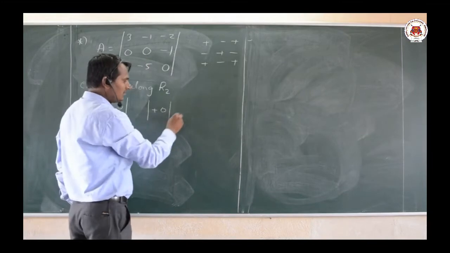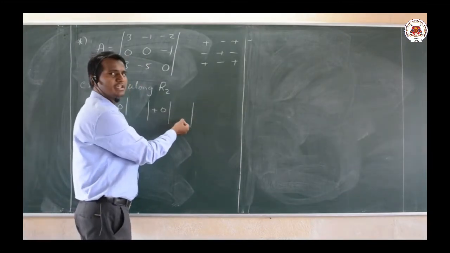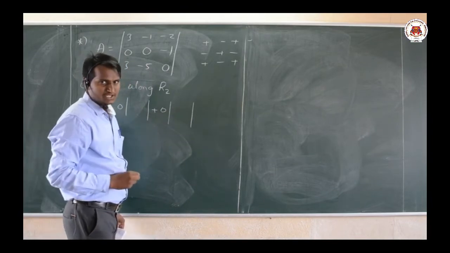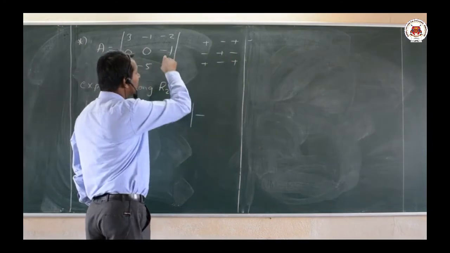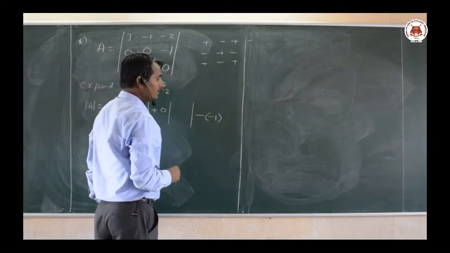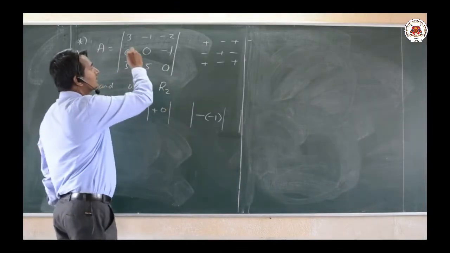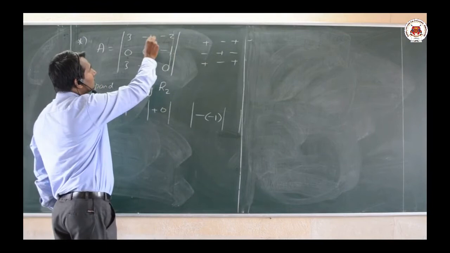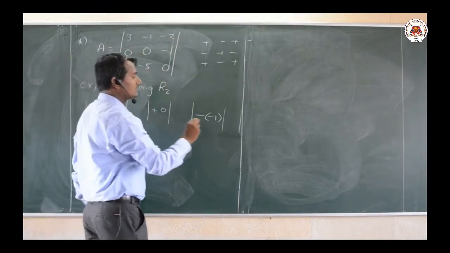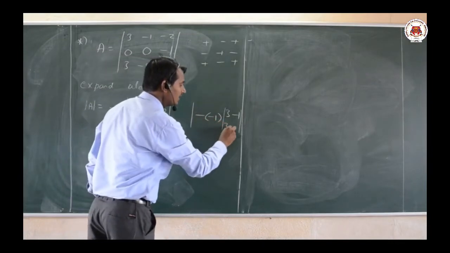Then again we need not write the value for the determinant, because anything multiplied by 0 will be 0 itself. Okay, next, here the sign is minus, and here we have minus 1. Now we will write down the value. What do we get here? You leave this row and this particular column. What we get here is 3 minus 1, 3 minus 5, 3 minus 1 and 3 minus 5.